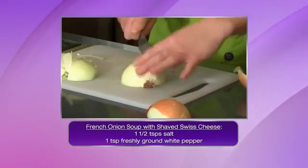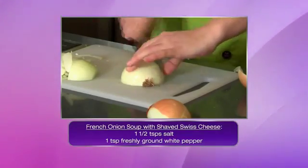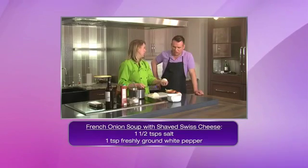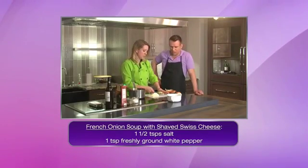I'm cutting it to the bottom, but not through the root. So I pull my knife back before it cuts into the root. That way the root holds it all together. Then depending on the size of my onion, I'll make a horizontal